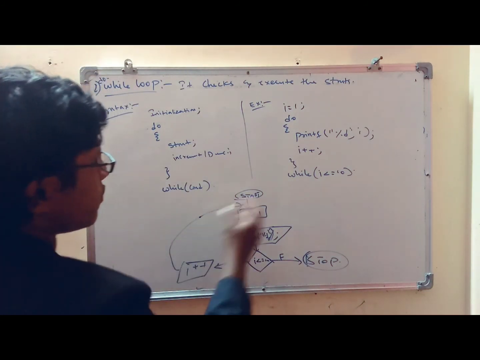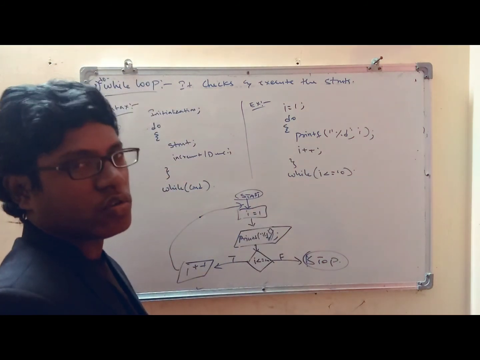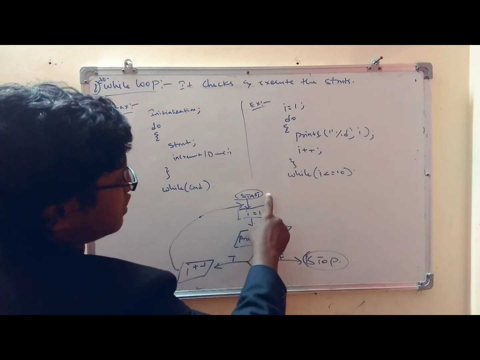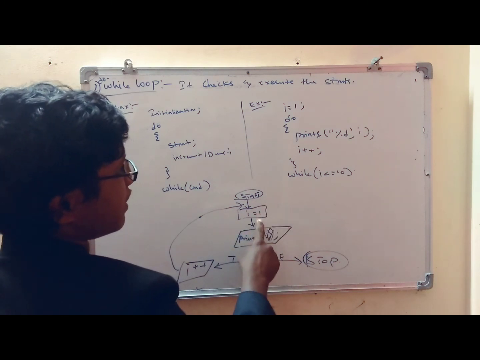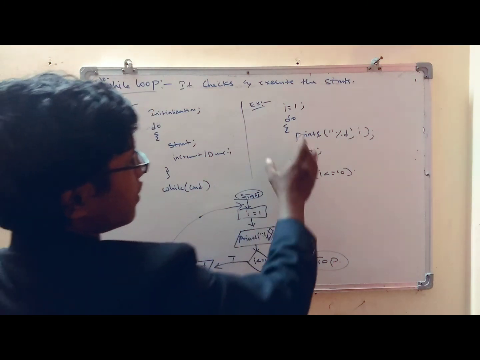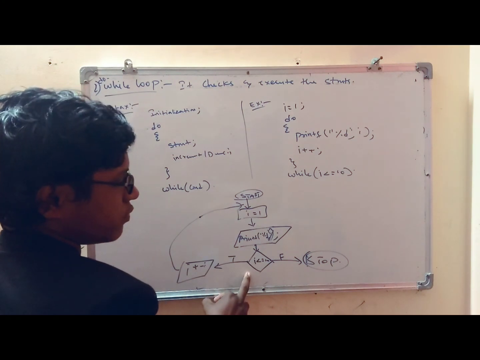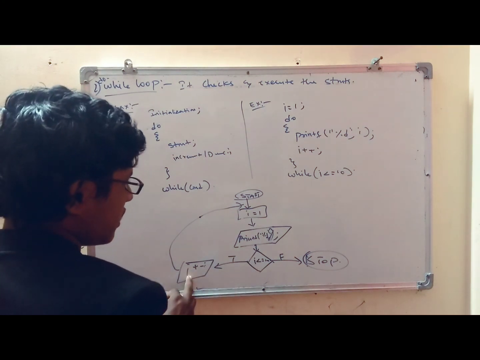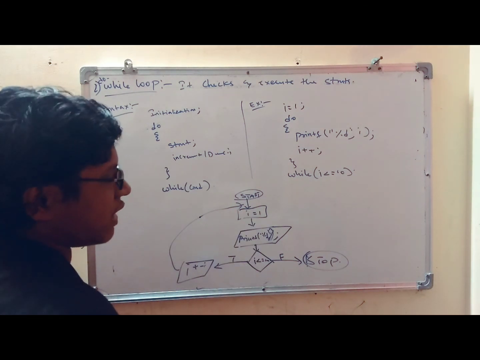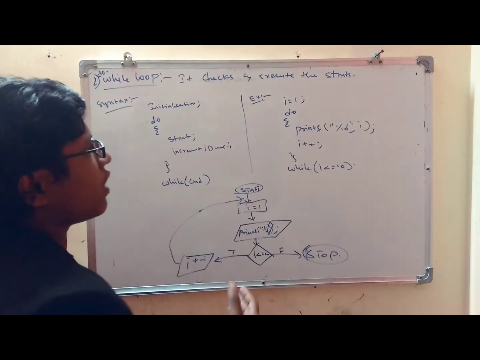Okay, so once again I am explaining. Every flowchart or pseudocode has start and stop and operations. So firstly start, and again initialization, it will print. Okay, after that it will check, after that it is incremented, again it will be done till the condition is satisfied. After it does not satisfy, then it will go to stop. This is about a do while loop.